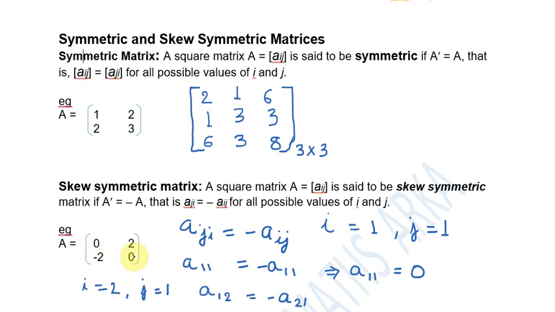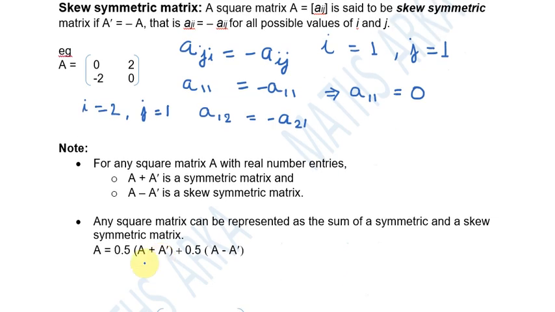For a skew symmetric matrix, this condition is satisfied for all the elements, and since this condition has to be satisfied even for the diagonal elements, the diagonal elements will always be equal to 0. To understand it in a simple way, consider the skew symmetric matrix. How do we identify that? Just see that the diagonal elements are 0, and we put a mirror over here, and the image that we get is the negative of the actual thing. That is how we identify a skew symmetric matrix.